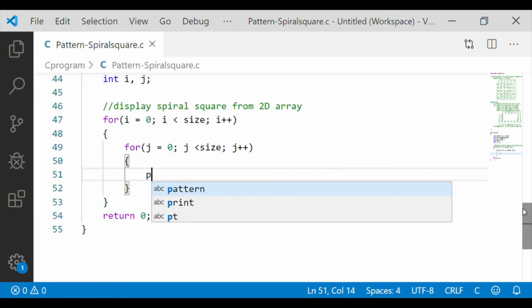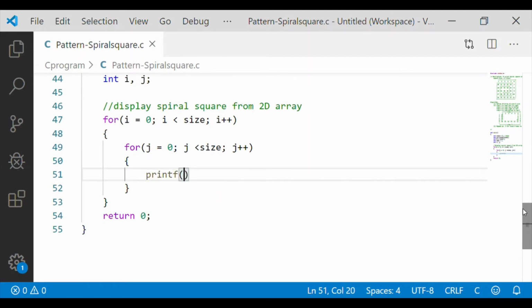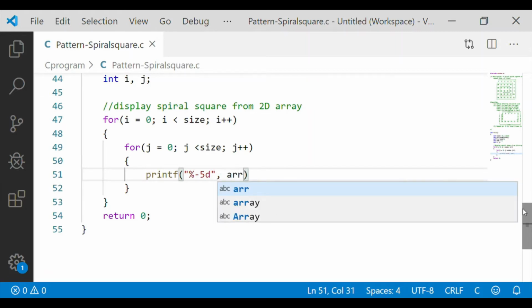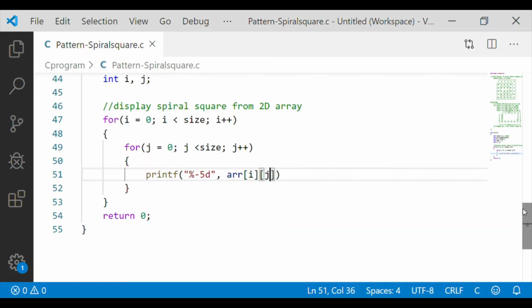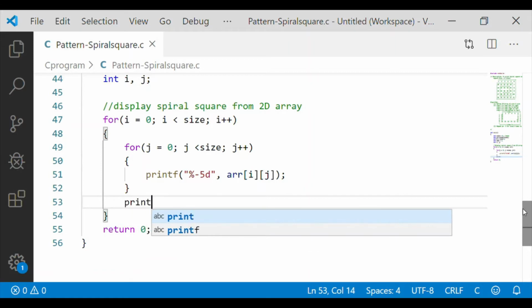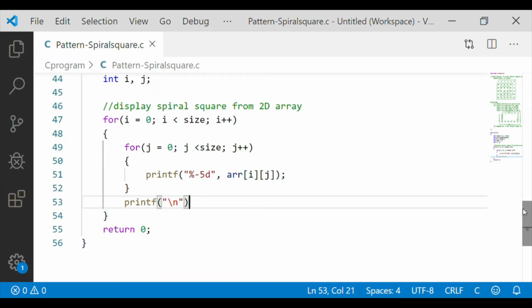So we will printf, and to have better visibility on printing, I will have 5 positions for each value and display the corresponding array of i and j. After each row, we will have a new line statement so that we have the square pattern displayed. Now this nested for loop is only to display the content of the array.